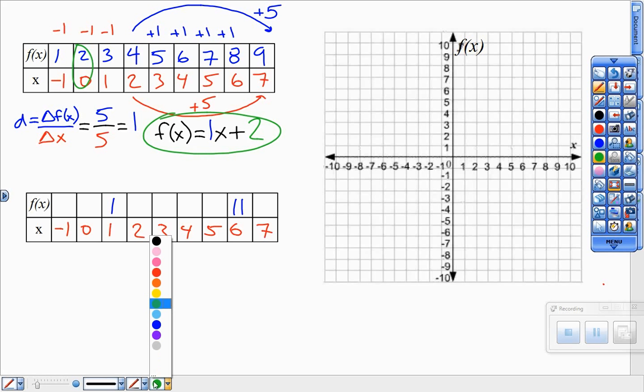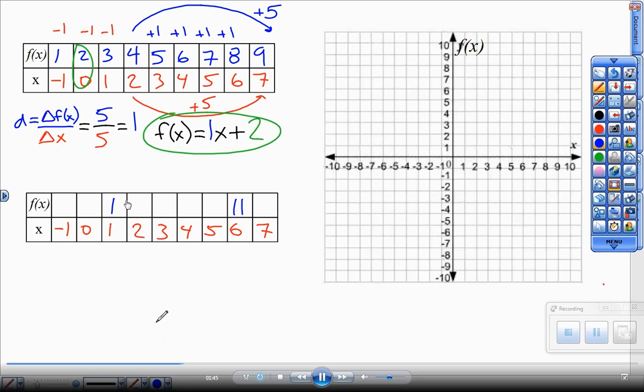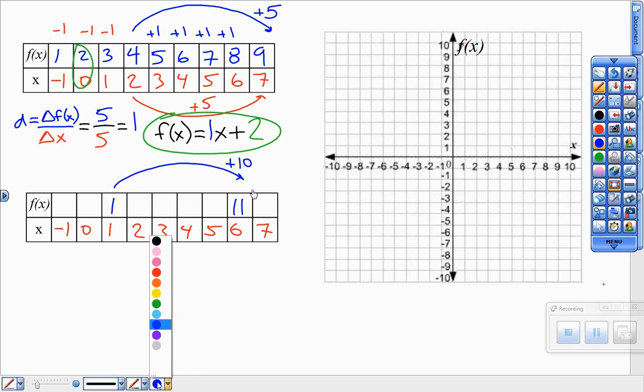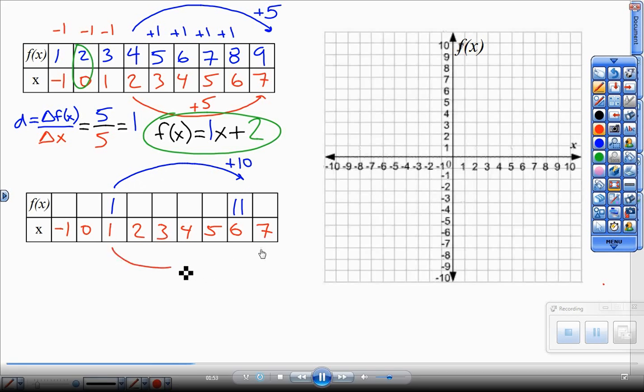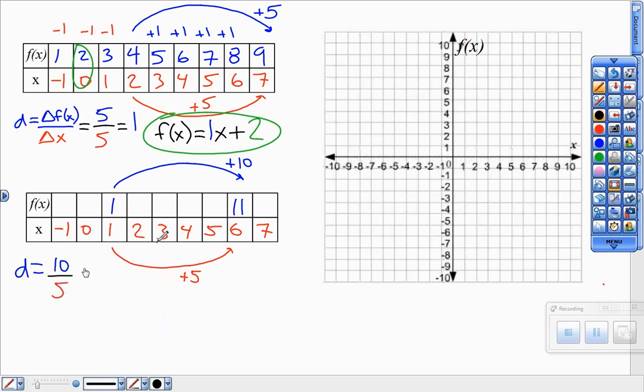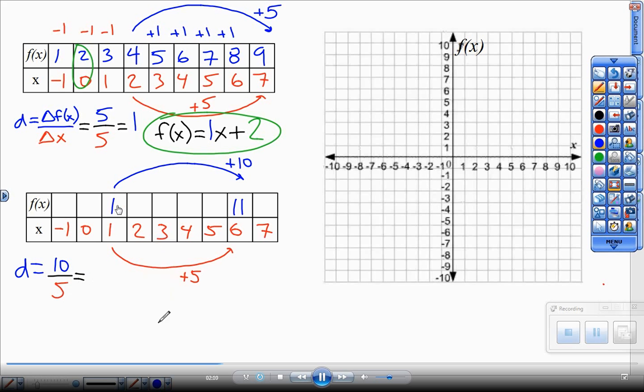My second equation, my second table here, from 1 to 11, I'm going up by 10. And from 1 to 6, I'm going up by 5. So to find the rate of change for this sequence, or this function, or this pattern, I divide 10 by 5, and that gives me 2. That's my common difference. That's the number that's going to go in front of x. That's how much I'm going up by when I'm increasing by 1. So f of x equals 2 in front of the x,